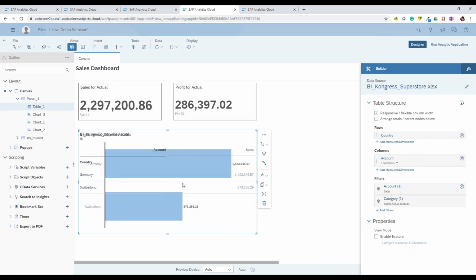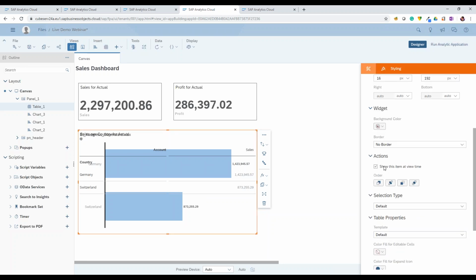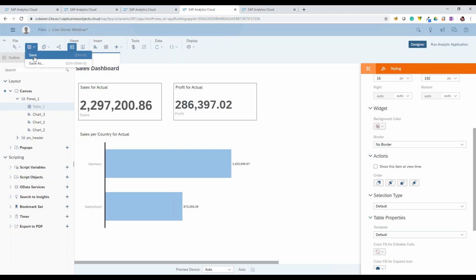so that we show both of them exactly at the same place, but we don't want to show both of them all the time. So what I want to do is that design time, initially only the chart should be shown. I'll go in my styling and say don't show this at design time, and I'll hide it from my layout as well so that it's not shown over here as well.